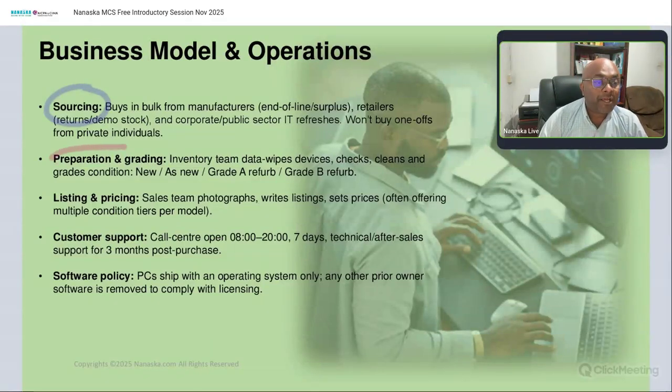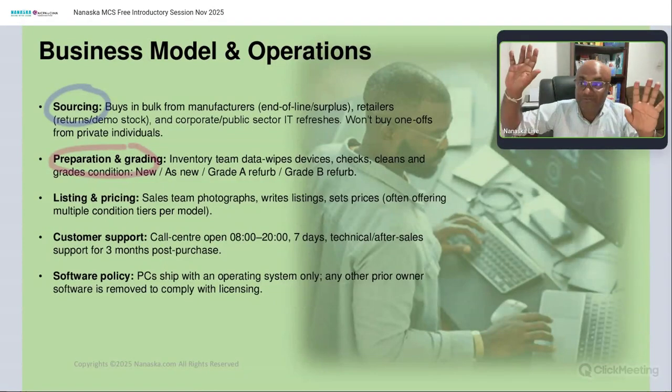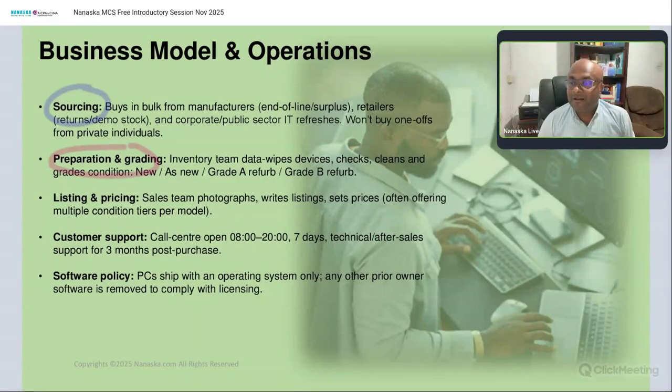Then we go to preparation and grading. Now we take the computers, refurbish them, clean them. Data, of course, needs to be wiped out. Otherwise, the new guy who's buying the old laptop from us, they open it, they might see some pictures that they should not see. So we clean the devices, check them, and we grade them